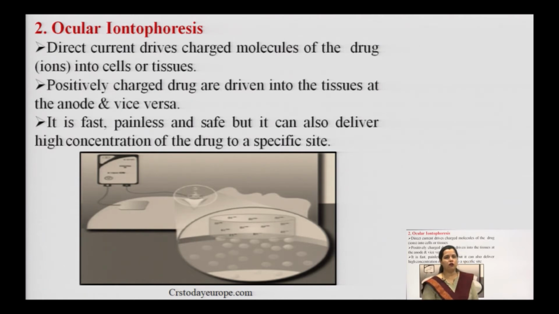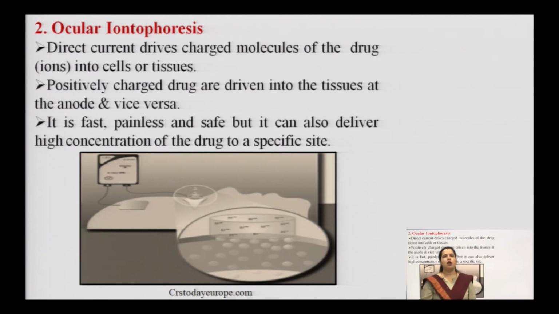Direct current drives charged molecules of the drug ions into cells or tissue, right. It is a device which is put on the eye, and current is involved in delivering the drug actives to the eye surfaces. So, you see in the picture, positively charged drugs are driven into tissue at the anode